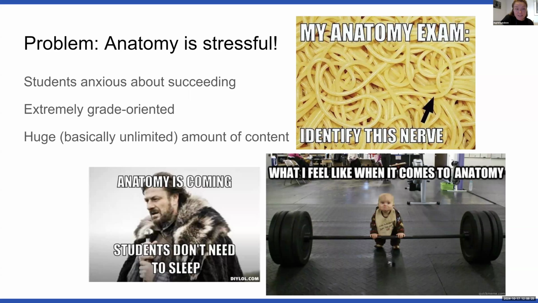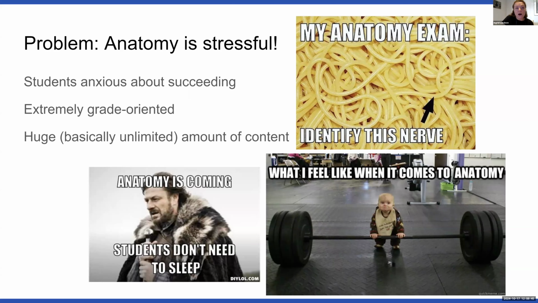The big problem with anatomy is it's famously challenging. There's basically an unlimited amount of content that you could be learning in an anatomy class, and students are really anxious about succeeding in that class. They're all really grade oriented, especially the batch of students that tends to take this anatomy class within the